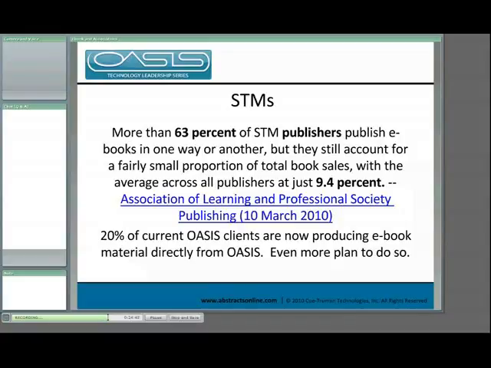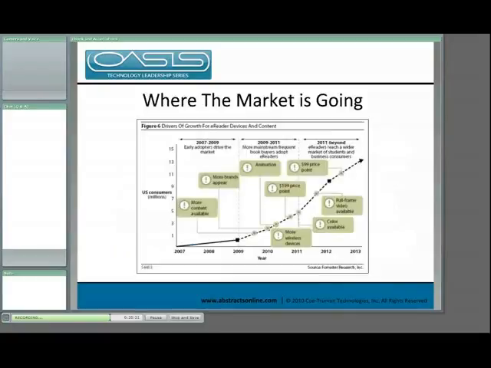The STM marketplace is certainly moving towards the ebook world, while only about 10% of sales, in a recent Association of Learned and Professional Society Publishers survey, were attributed to ebooks. Out of the 400 participants in the survey, 63% were starting to publish something in ebook format one way or another. And again, from our own data, about 20% of our almost 200 meetings a year are now producing ebooks or planning to in this year 2010, with more planning to do so next year. The market definitely is not